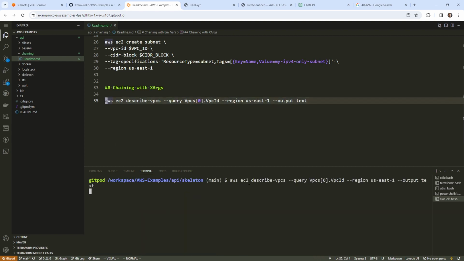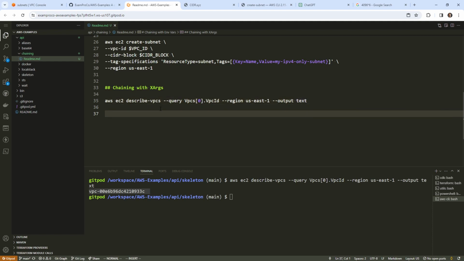And did I write from scratch? Yes. Once you start working with it, you start remembering the commands you're working with often. So here is that one. And what I want to do is describe the VPC. So that'll be aws ec2 describe-subnets. I said VPCs, I'm going to say subnets. And if we go ahead here and copy,